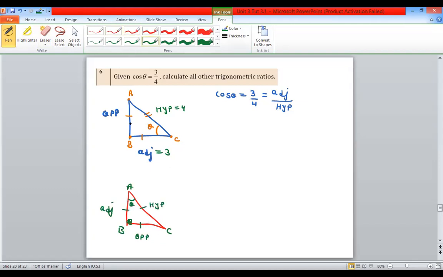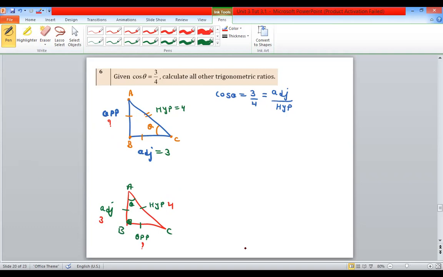Now the opposite side is not given, adjacent is given. It's 3. Hypotenuse is given. It's 4. So by 3 and 4, you apply the Pythagoras theorem first of all. You can find the remaining side. It's under root 7, not 5. When do we get 5? When 4 is there and the opposite side is given. Here the hypotenuse is given. Do you understand?